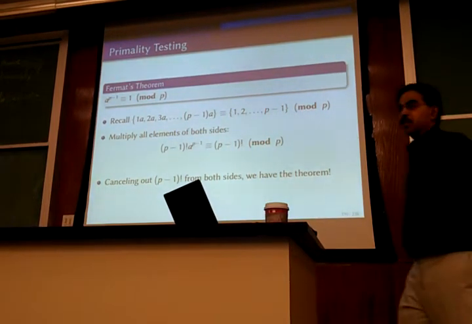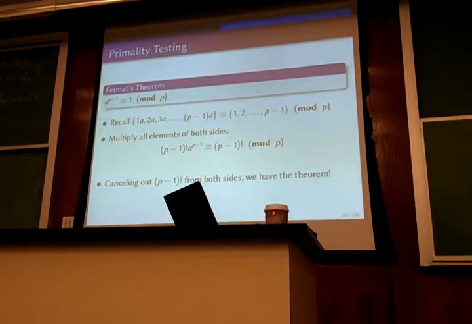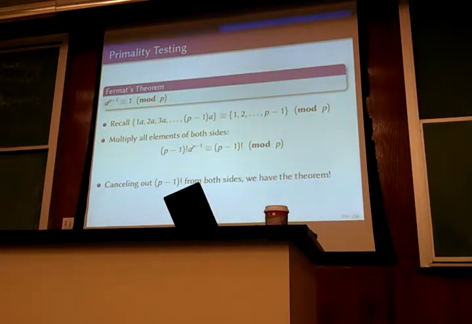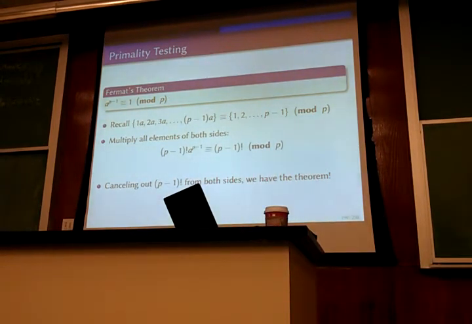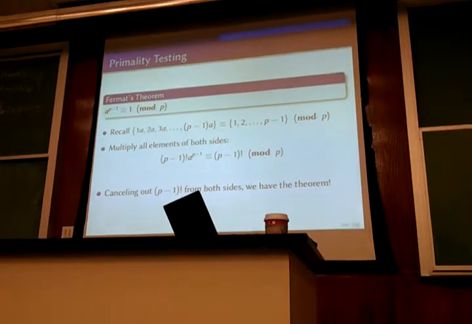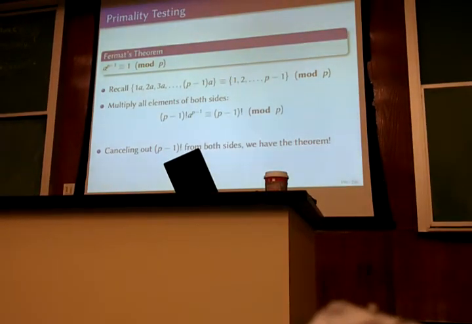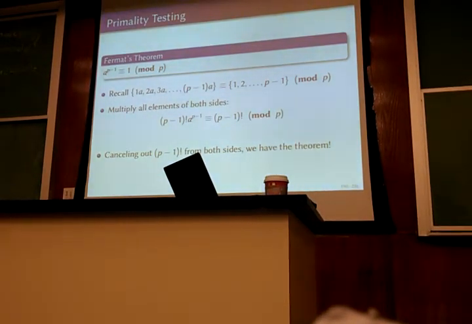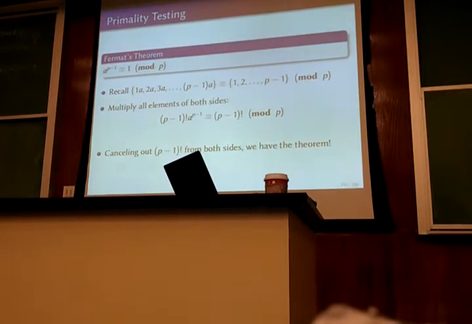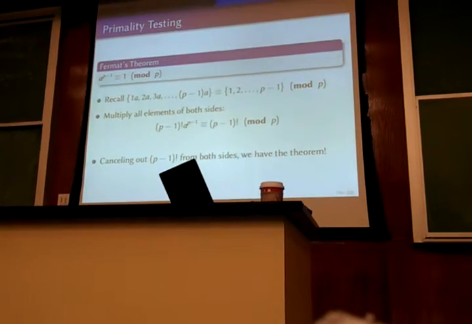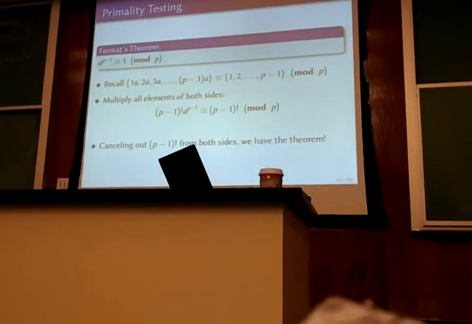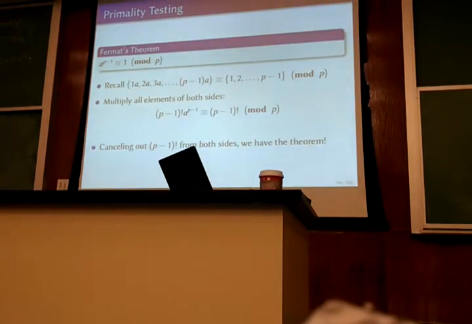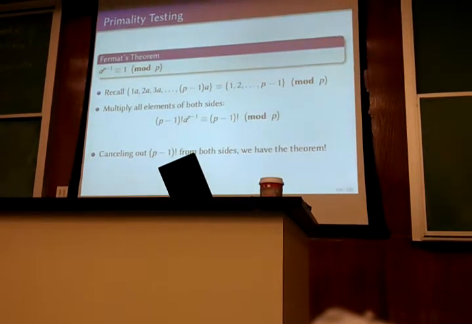So that tells you that if it's a prime, the evidence for that can be collected by computing a to the power p minus 1, where let's say you set a equal to 2, because the theorem holds for all values of a, it doesn't matter. So obviously, to speed up computation, I'm going to choose a small value of a. So let's say I use 2, and then I do 2 to the power p minus 1, and do